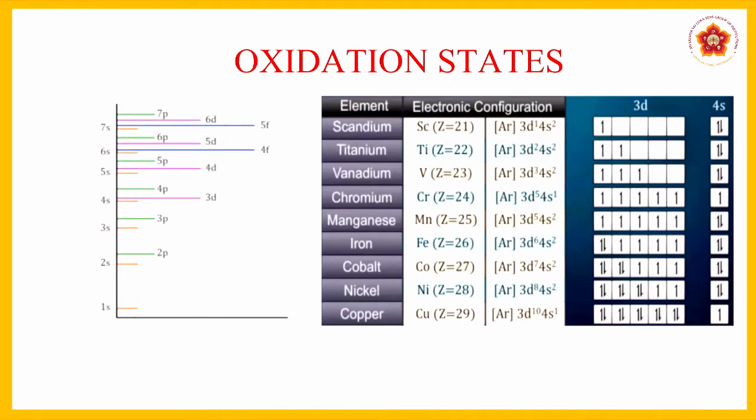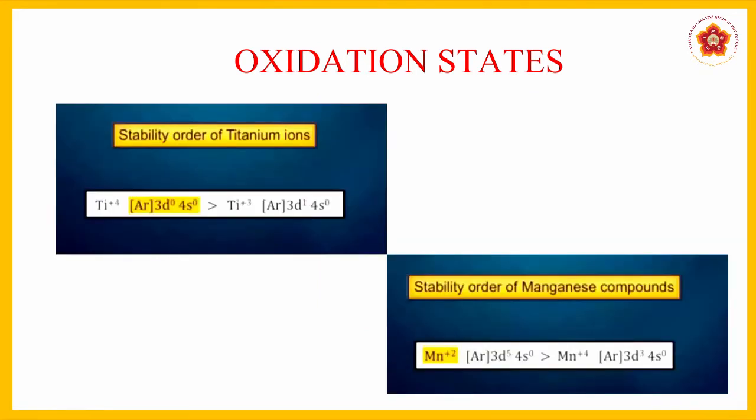So what are certain important factors that we have to study here? Let us study about the stability of ions. They have taken two ions now, Ti4+ and Ti3+, which is stable among these two. This is how they tend to ask in exams. So let us study the theoretical aspect of one of the compounds, and then maybe the manganese part you can answer by yourself.